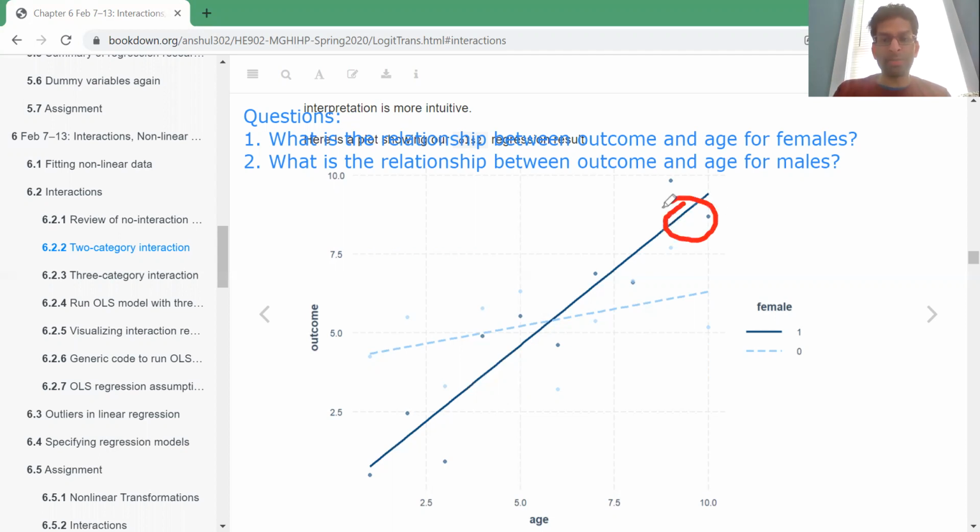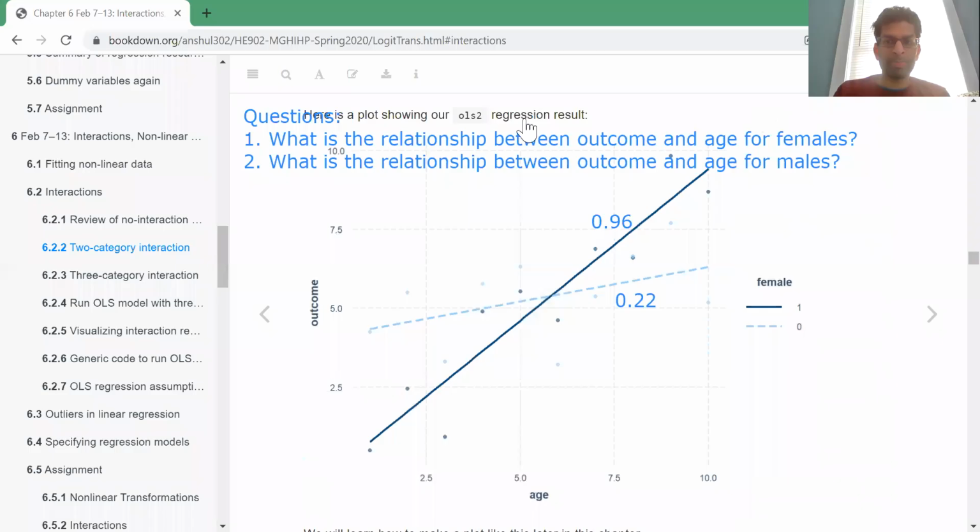We have this line, which is much steeper, and that one is the relationship between outcome and age for the females. And this less steep line is the relationship still between outcome and age for the males. Now we've added the slopes of the two lines, and let's interpret what each slope means. So let's start with the females. And what we see here is that for every 1 unit increase in age, that means for every 1 year increase in age of a female in our data set,